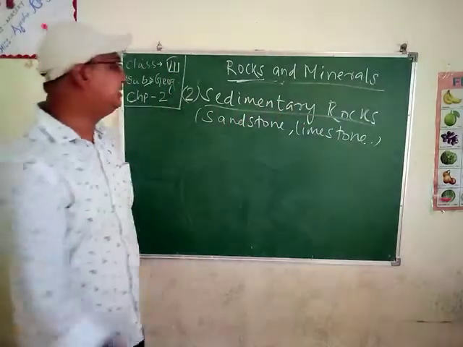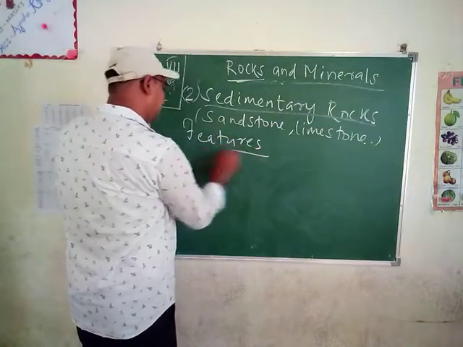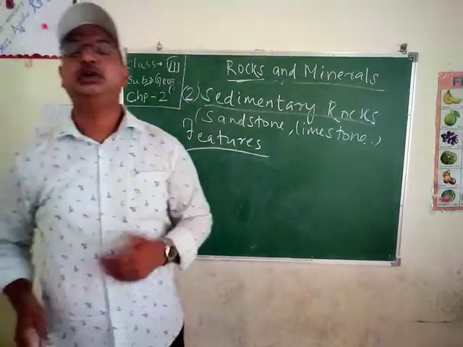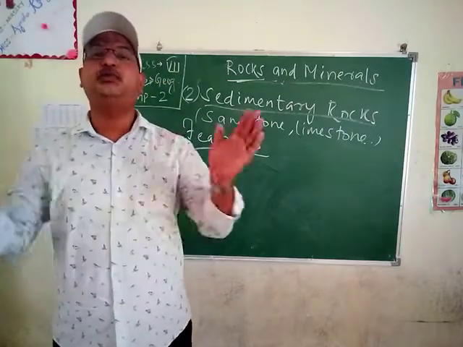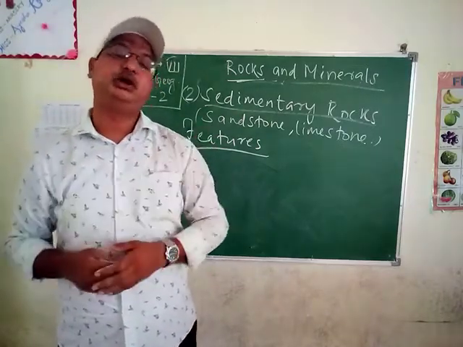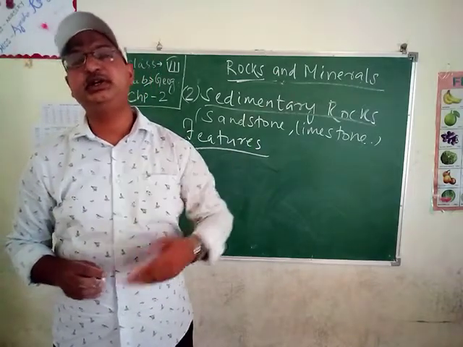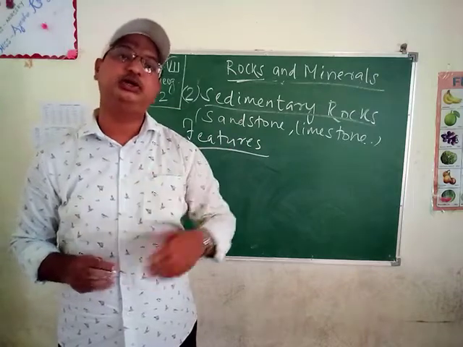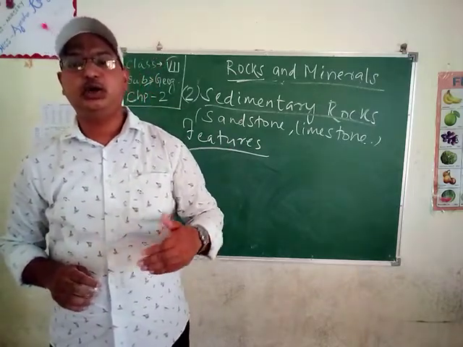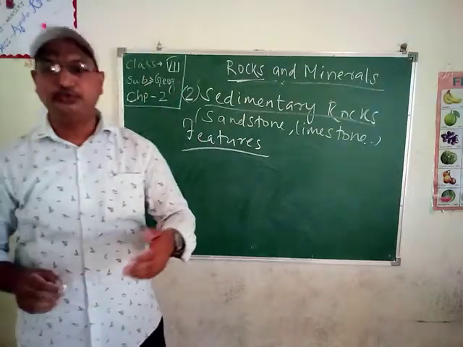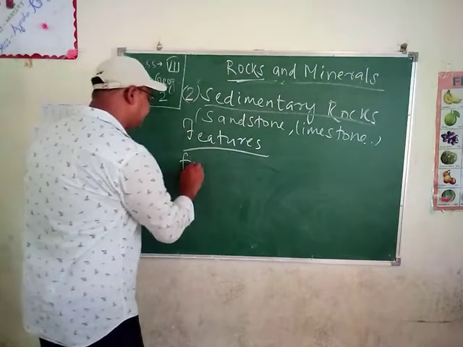What about their characteristics? I can say features. What are the features of sedimentary rocks? They are made up of particles of different sizes. They don't have a particular size. They vary from rock to rock. Second, they are deposited in horizontal layered beds of the water bodies. Then students, they are formed in underwater beds, as I have told you. It contains fossils. The most important thing, it contains fossils